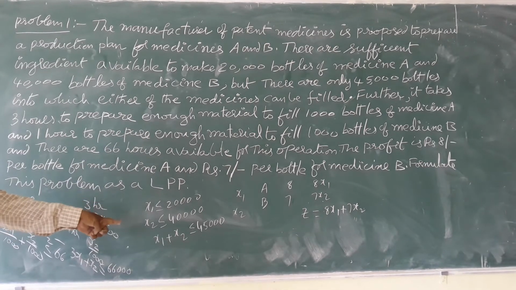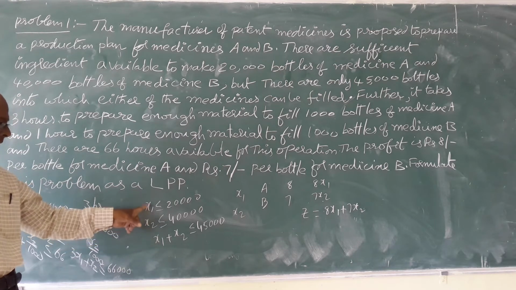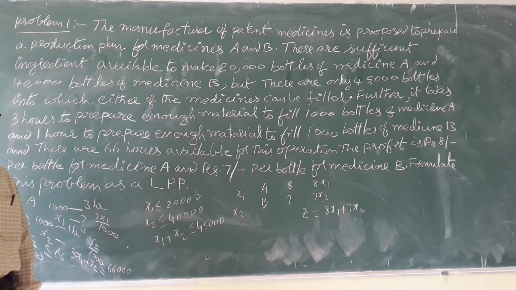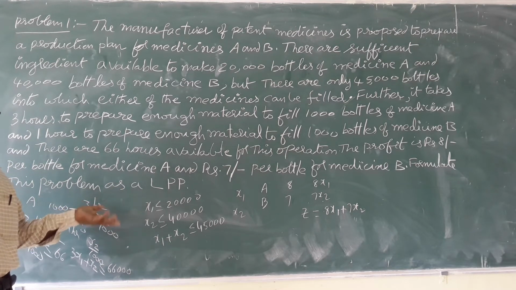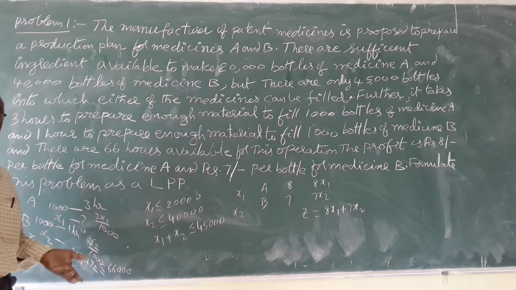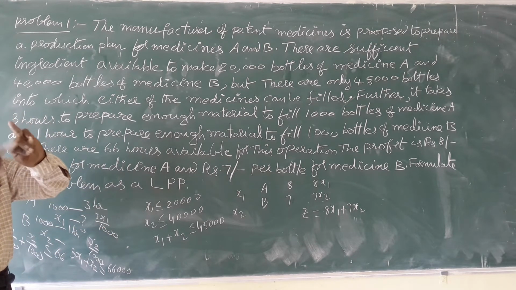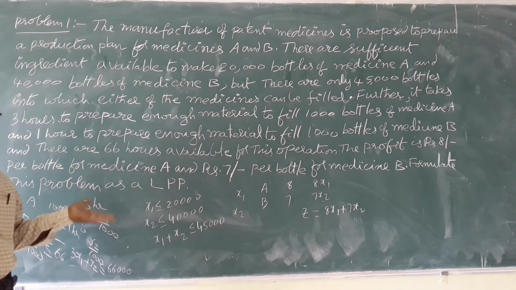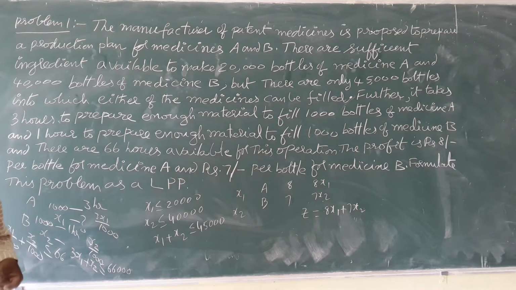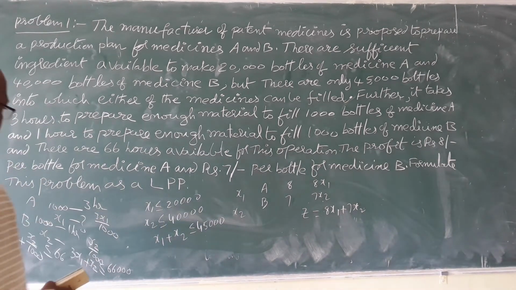Look, check how many constraints are there. This is one constraint, this is one constraint, this is one constraint. Four constraints are there in the problem. Naturally the number of bottles is positive, so x1 greater than or equal to 0, x2 greater than or equal to 0, the non-negative conditions. An LPP has three parts: objective function, constraints, non-negative conditions. This is the rough draft. First we note down the problem, then we will explain clearly.